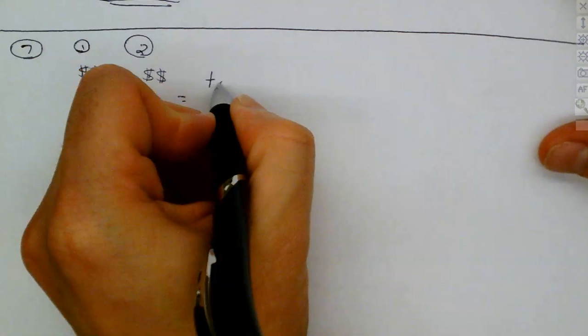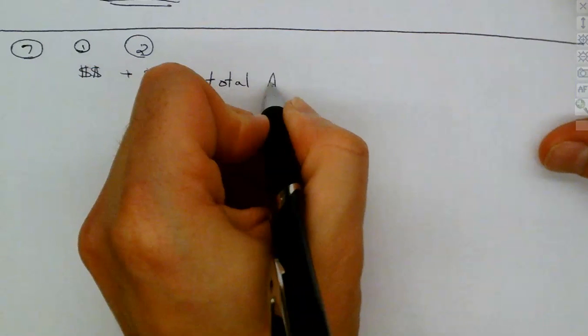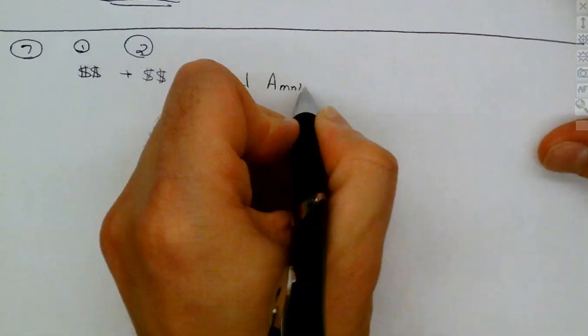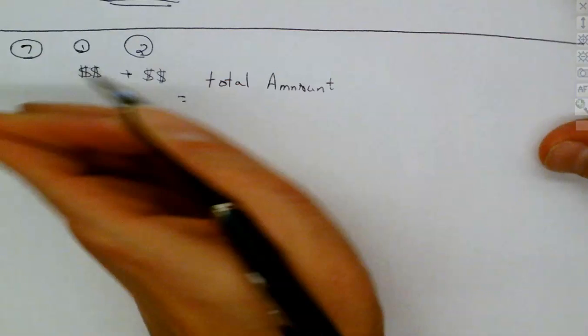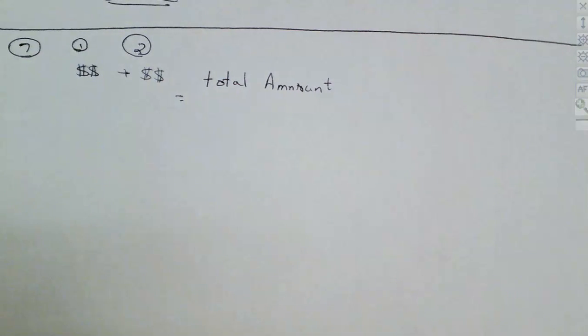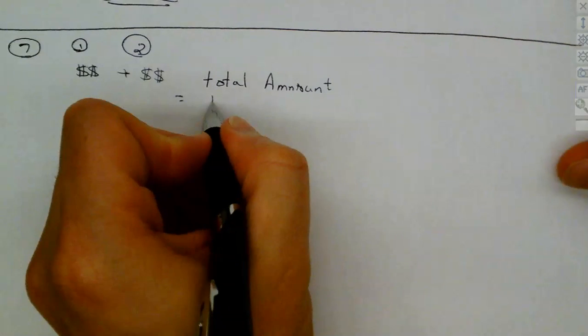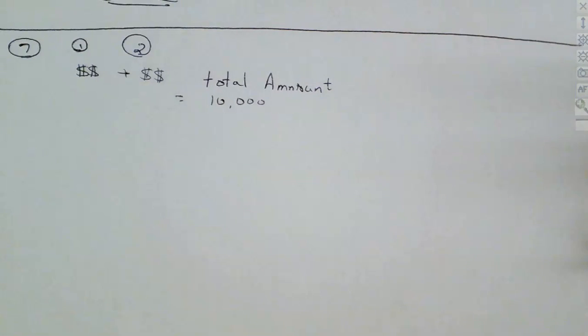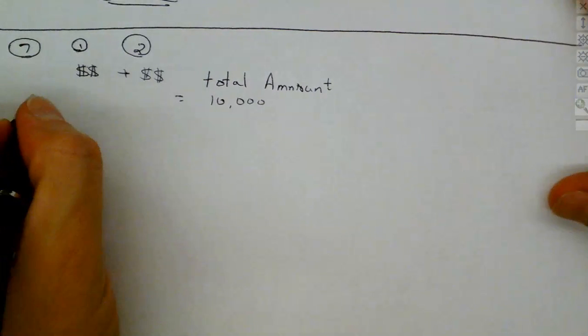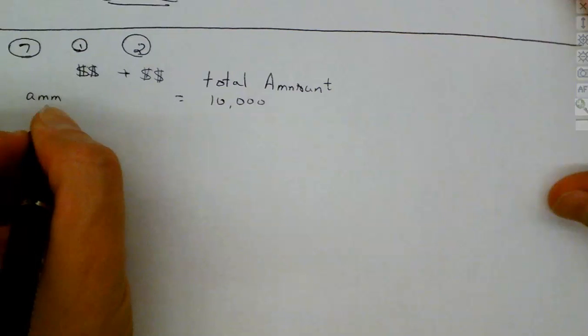And let's start off with our total amount. Okay, so we're looking at our total amount here. So how much total money do we have to invest? If I read this one, it looks like I've got a total of $10,000, right? Okay, is everyone okay with that spot? Now, each of these is going to have an amount